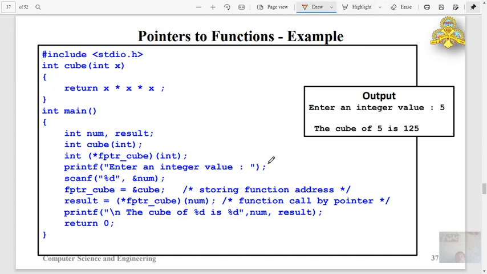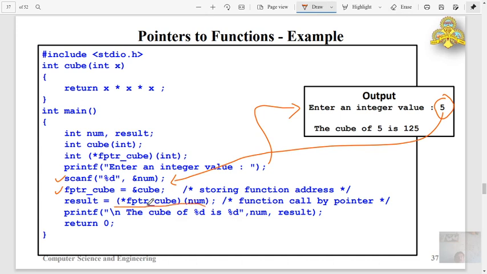Now during the execution, the printf statement is here, and for scanf this is my input. The address of the function is stored here using ampersand cube in fptr, and the function is called by using the function pointer.